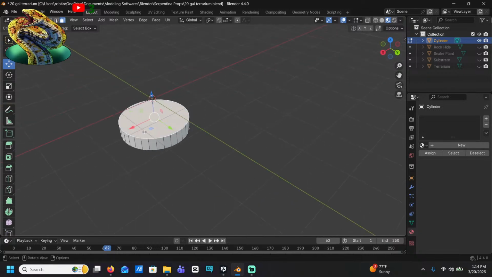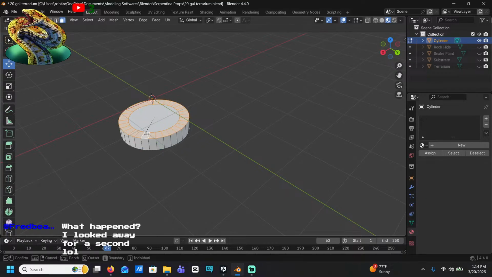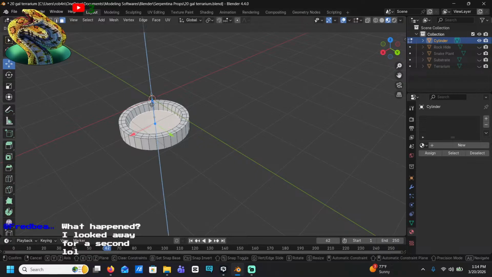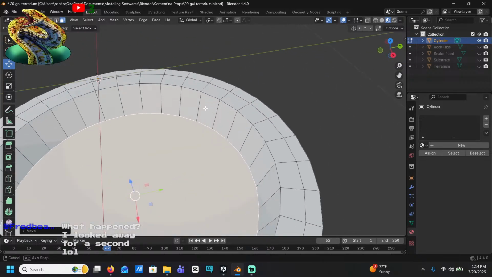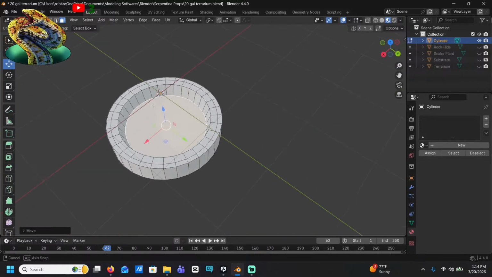Control Z. Oh no, I do actually have to do that. Okay, fine. Alt, and then I. Okay. Then I select face, and then I do this. There we go. That has got to be the simplest looking water bowl I have ever seen in my life, but it works.